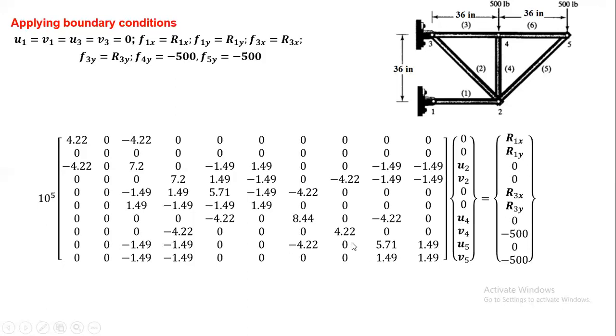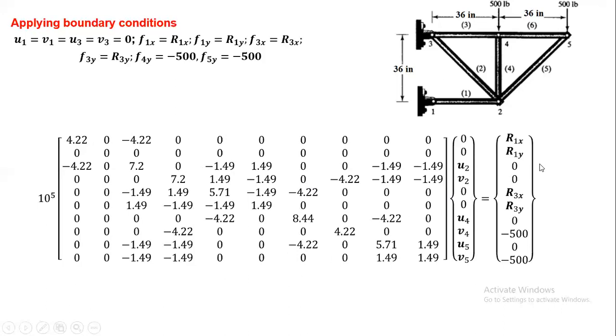That means you remove the rows and columns corresponding to the zero displacements. That means where is zero displacement? At this location. You remove the first row. At this also there is a zero displacement. You remove the second row. Okay. Again you remove the first column and second column. Next one, for fifth row, you remove the fifth row, sixth row and fifth column and sixth column, and write the remaining matrix only.